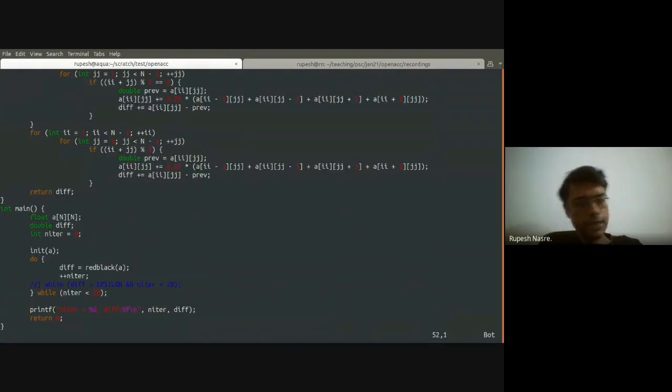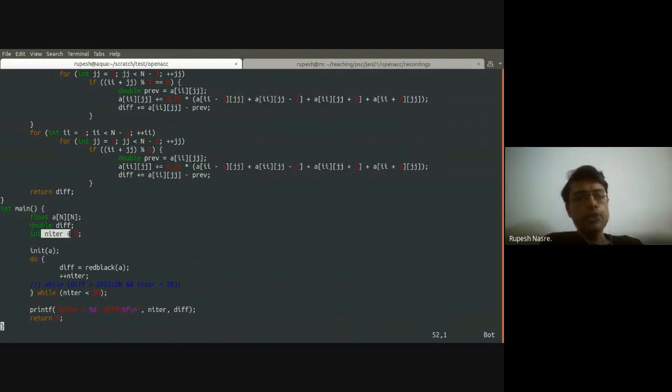Let's go to main. What I have in main is a matrix which has some floating point numbers. I need some sort of an error calculation to figure out whether I have reached some sort of convergence or not. Alternatively, I can have the number of iterations counted.